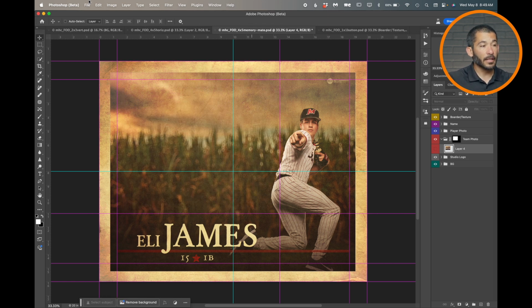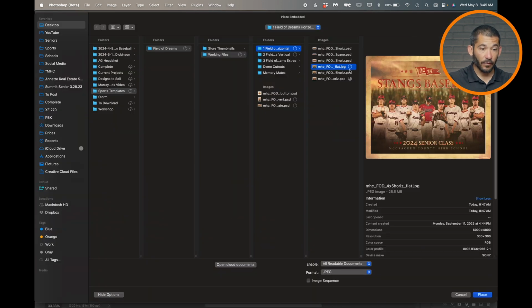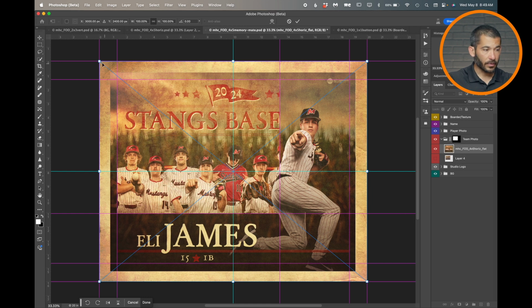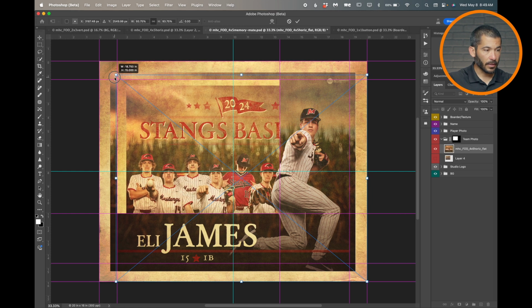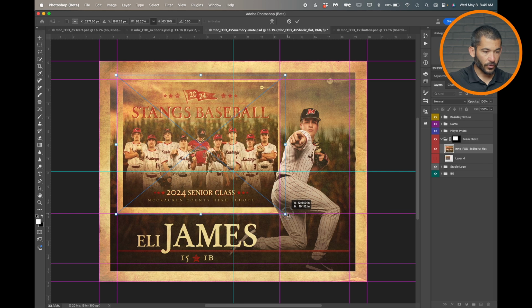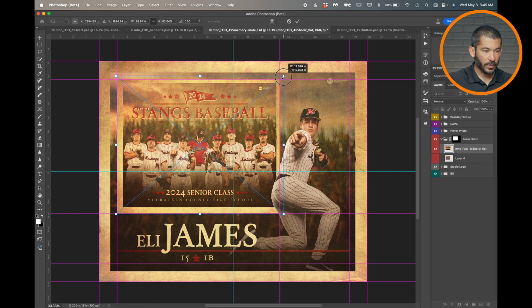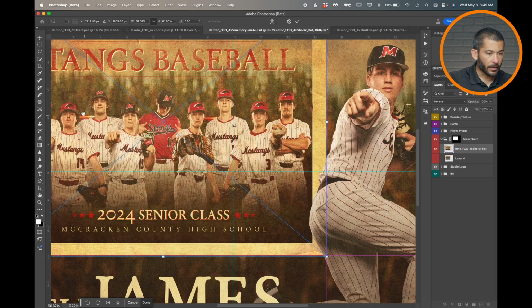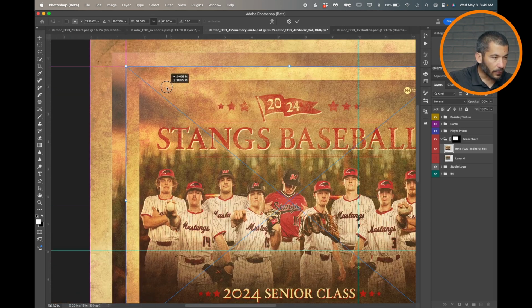Now the other way is you're going to do it just like you did the individual. File, Place Embedded, go to the flat JPEG that you saved and hit Place, and then from there it works the same. Just drag that corner down. You're already in the group. I don't have to hold Shift or anything to make it proportional when I'm resizing it because it's got that link checked up there. Okay, and you can zoom in to make sure that you're fitting